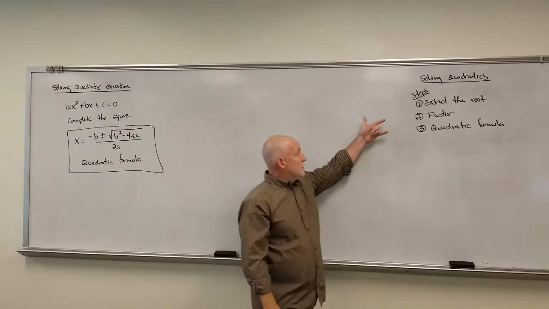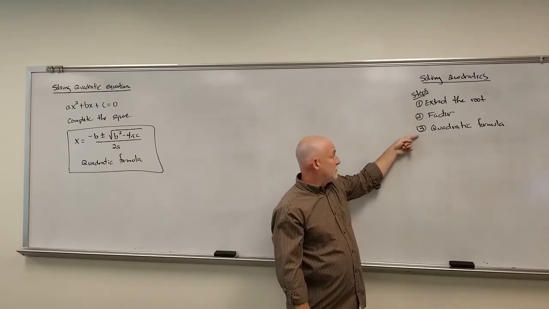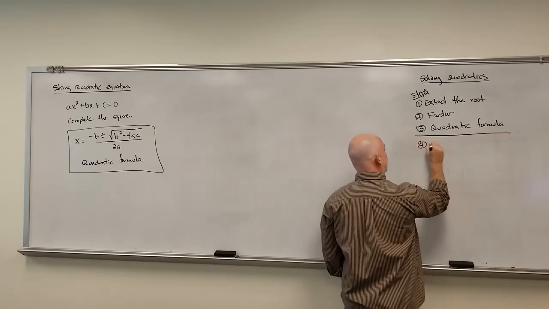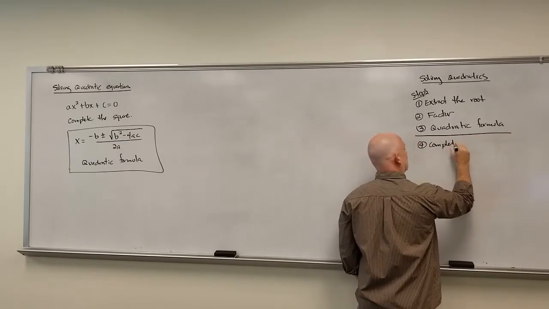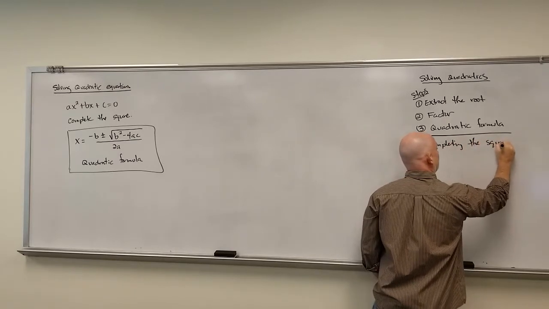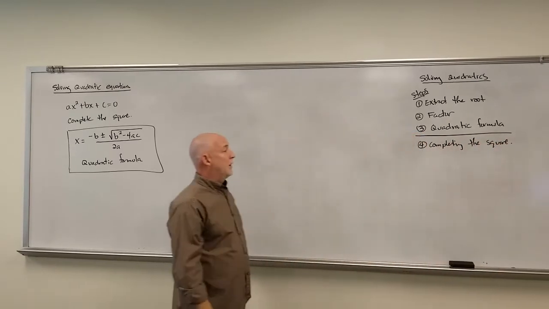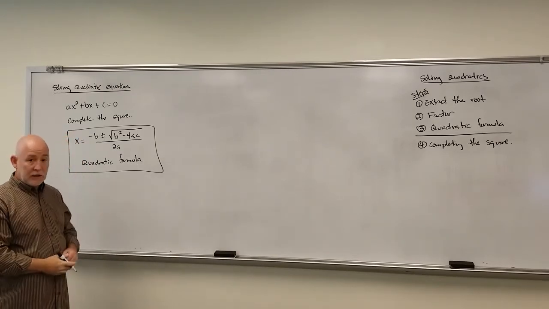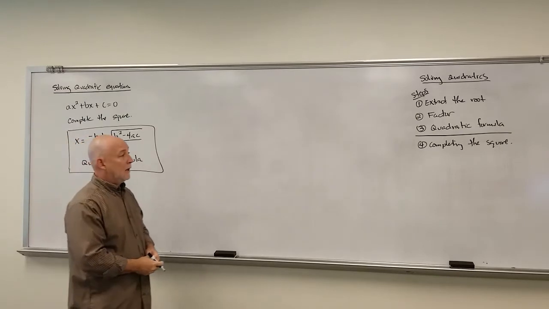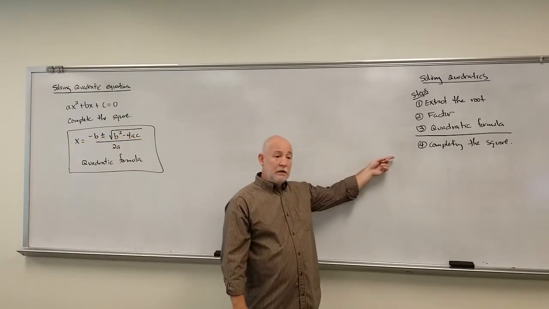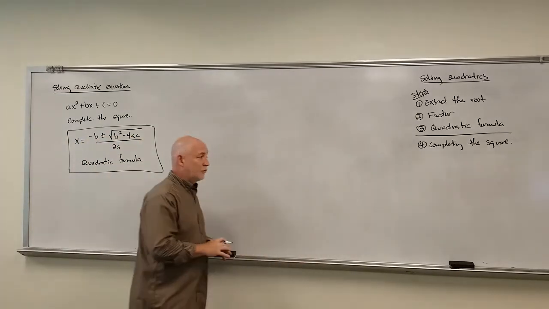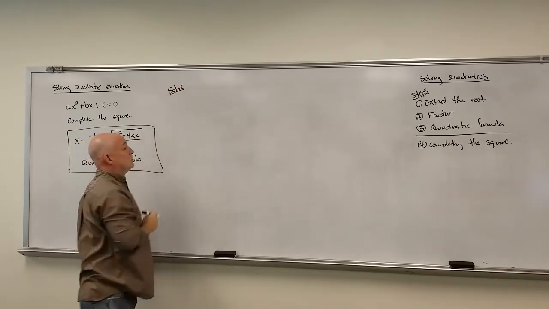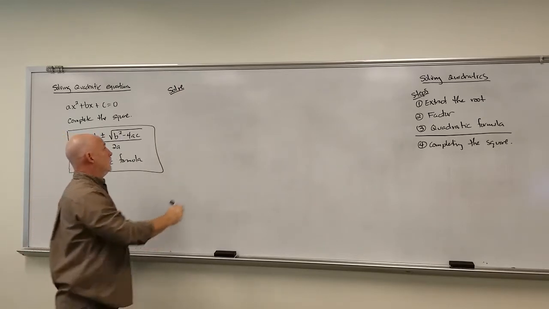Now, you're going to want to try to do these first because they're much quicker and easier than this, but good news is that always works. Now, we did see a fourth method. Completing the square. Now, notice I put a line there because since the quadratic formula works for every single quadratic, you'd actually never make it here. Unless you're told to complete the square, most people don't treat that as a solution method. All right, let's just try a couple of these because it's really just plugging it into the formula. So let's start out with